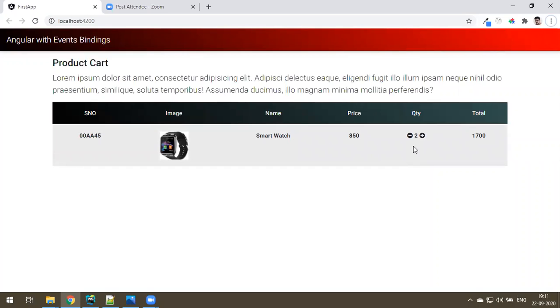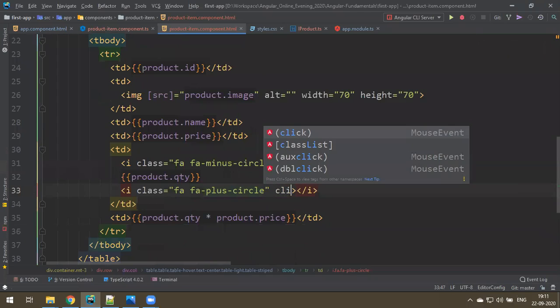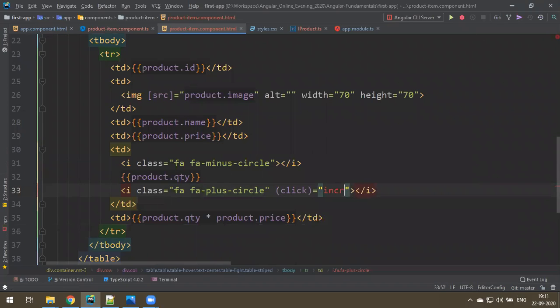Okay, setup ready now. And when you click on plus, increment, minus, decrement. Let's click on the plus symbol. A click event, normal, just a click event on the plus symbol. So for this icon, I apply the click event, my increaseQuantity function.